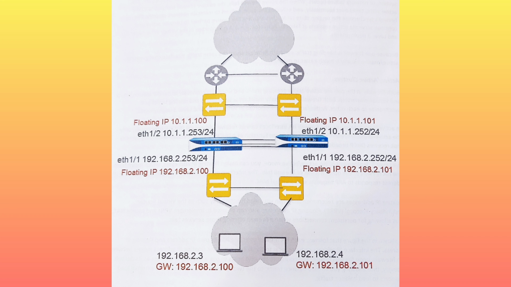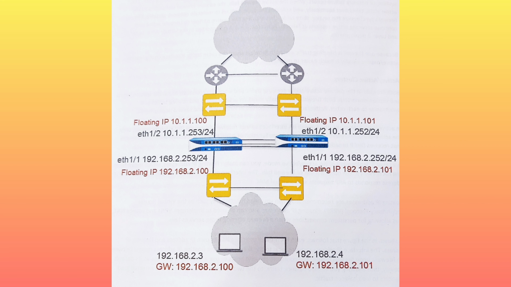If a link or firewall fails or a path monitoring event causes a failure, the floating IP address and the virtual MAC address move over to the functional firewall. In the figure, each firewall has two floating IP addresses and virtual MAC addresses, and they all move over if the firewall fails. The functioning firewall sends gratuitous ARP to update the MAC table of connected switches, informing them of the change in floating IP address and MAC address ownership to redirect traffic to itself.